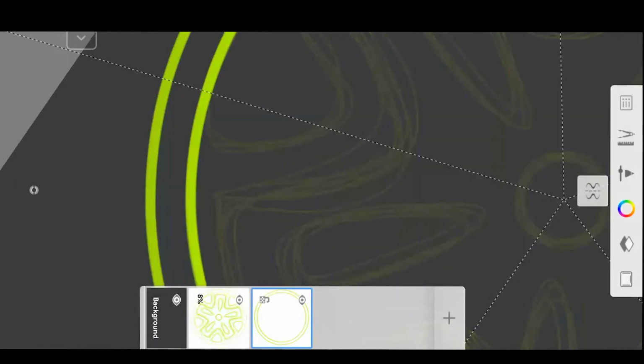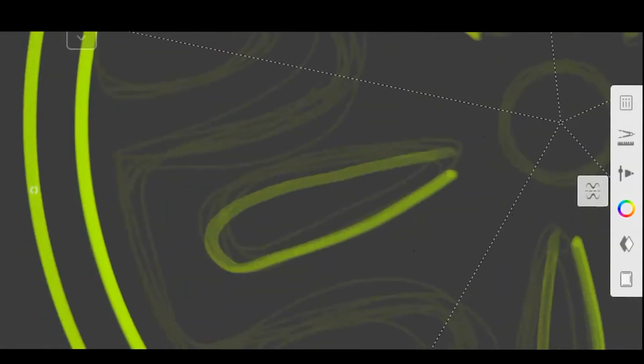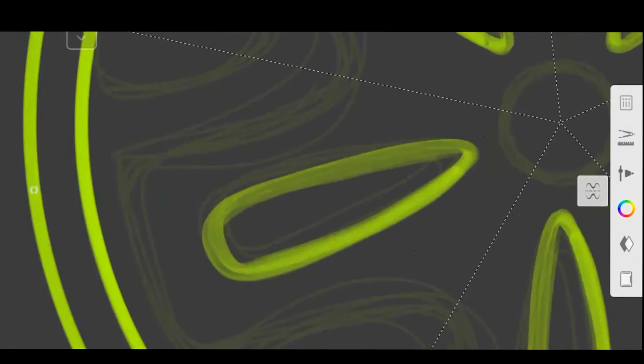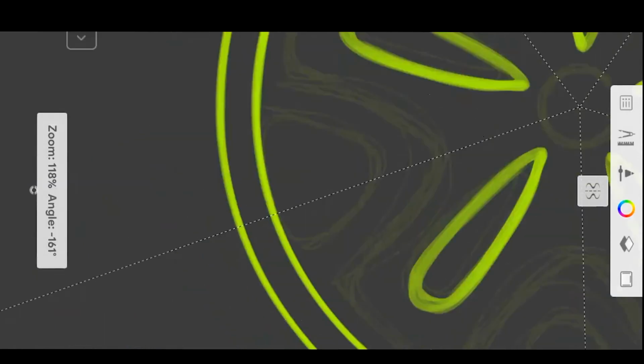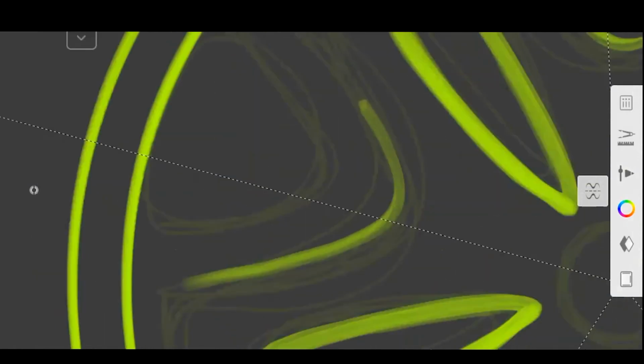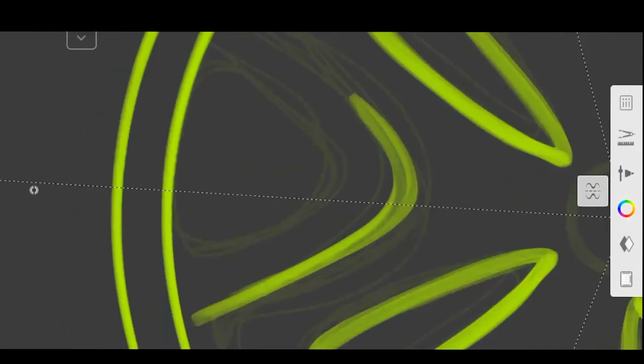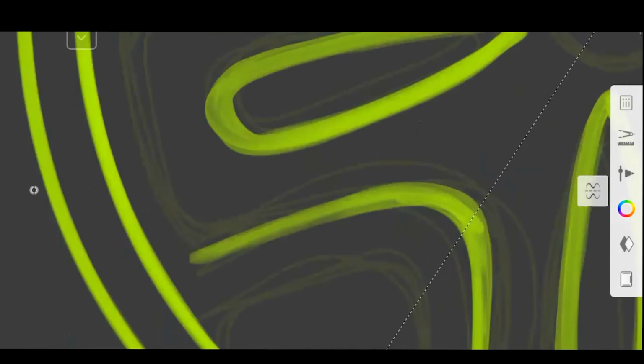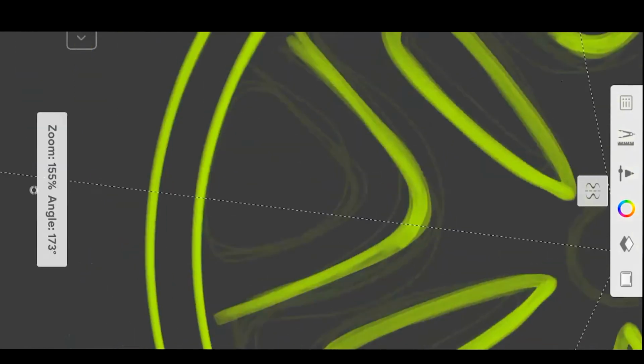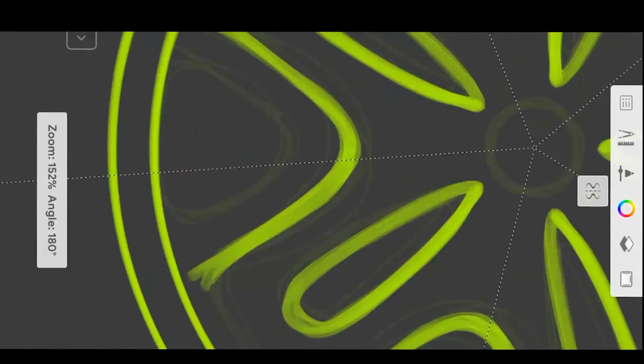So I will first design very basic, very softly, very slowly. As you can see, it is taking shape. Gradually, it will start to look as if it is a rim design.